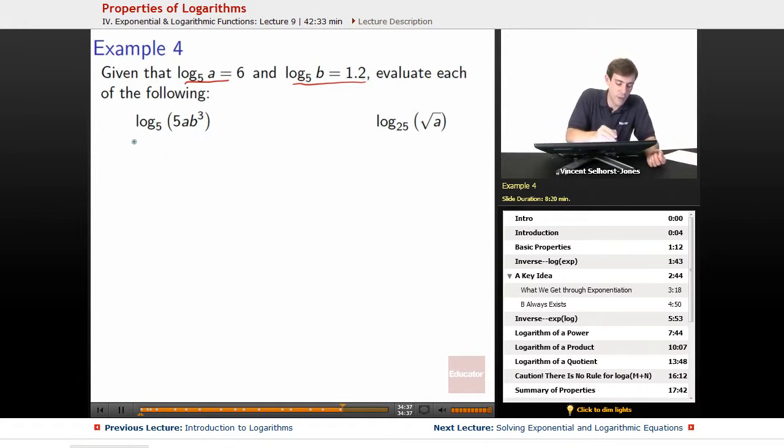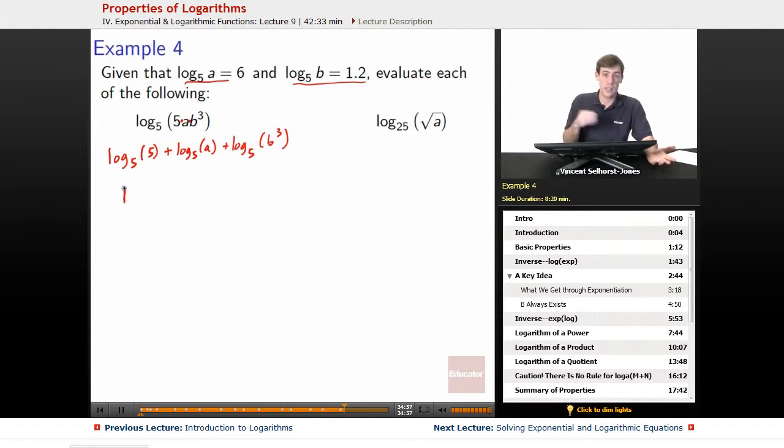Log base 5, we've got multiplication between each one of these. That's what it means when they're just stacked on top of each other. So log base 5 of 5 plus log base 5 of a plus log base 5 of b cubed. So log base 5 of 5 is just 1, because it's the same thing as its base and what it's being operated on. Plus log base 5 of a, we were told that was 6, so we get 6 plus